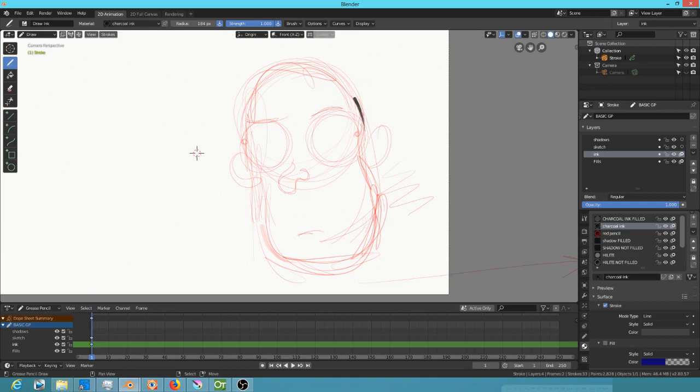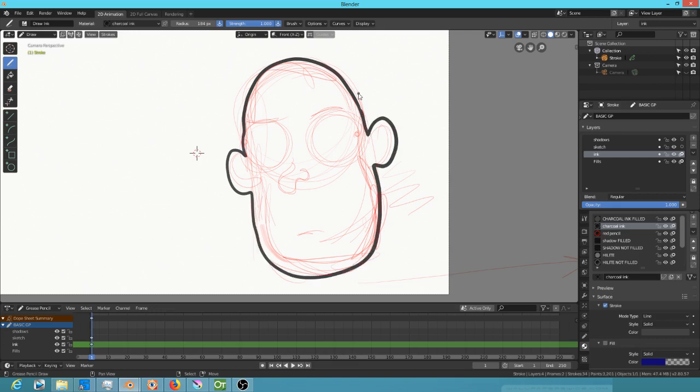So now I'm going to ink my character. Like so. Okay. And you say, well, wait a minute. I think for the eyes, isn't there a way to make a real proper circle? Well, there is. That's what these tools here are for. All right. So let's look at those real quick. If you want to make a circle, just grab the circle tool,